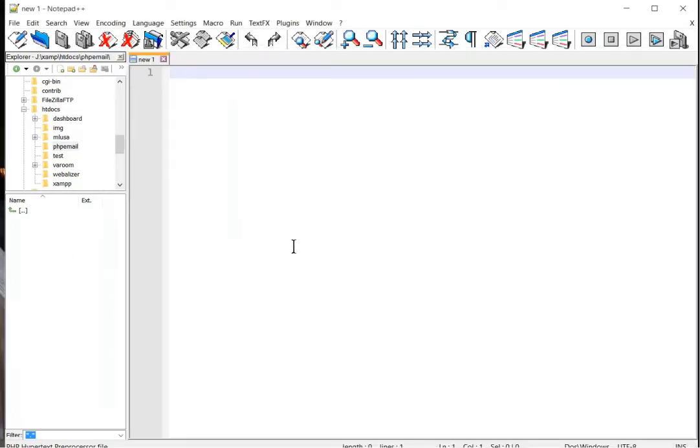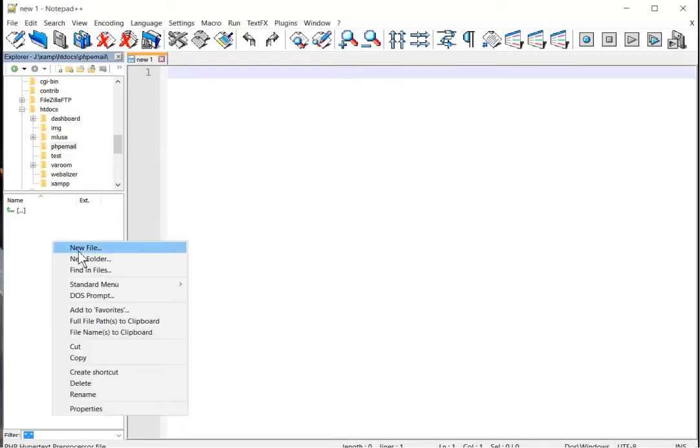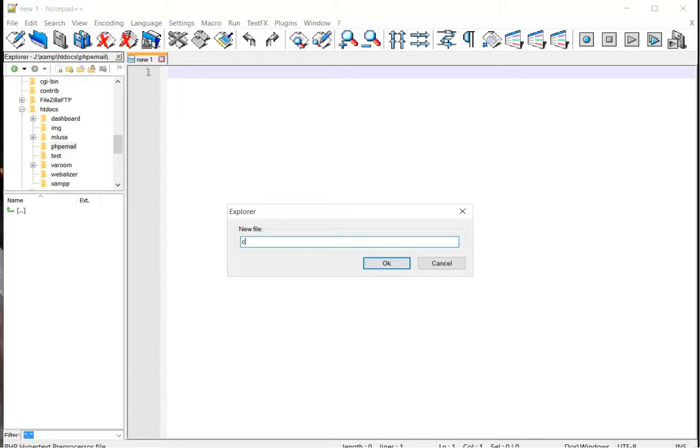So we're going to get started right now, so you could send out so many emails per hour, and we'll customize this so that maybe a person can set it up on a server. So let's get started. Okay, now the first thing that we're going to have to do is create a database, right? So I'm going to create a new file